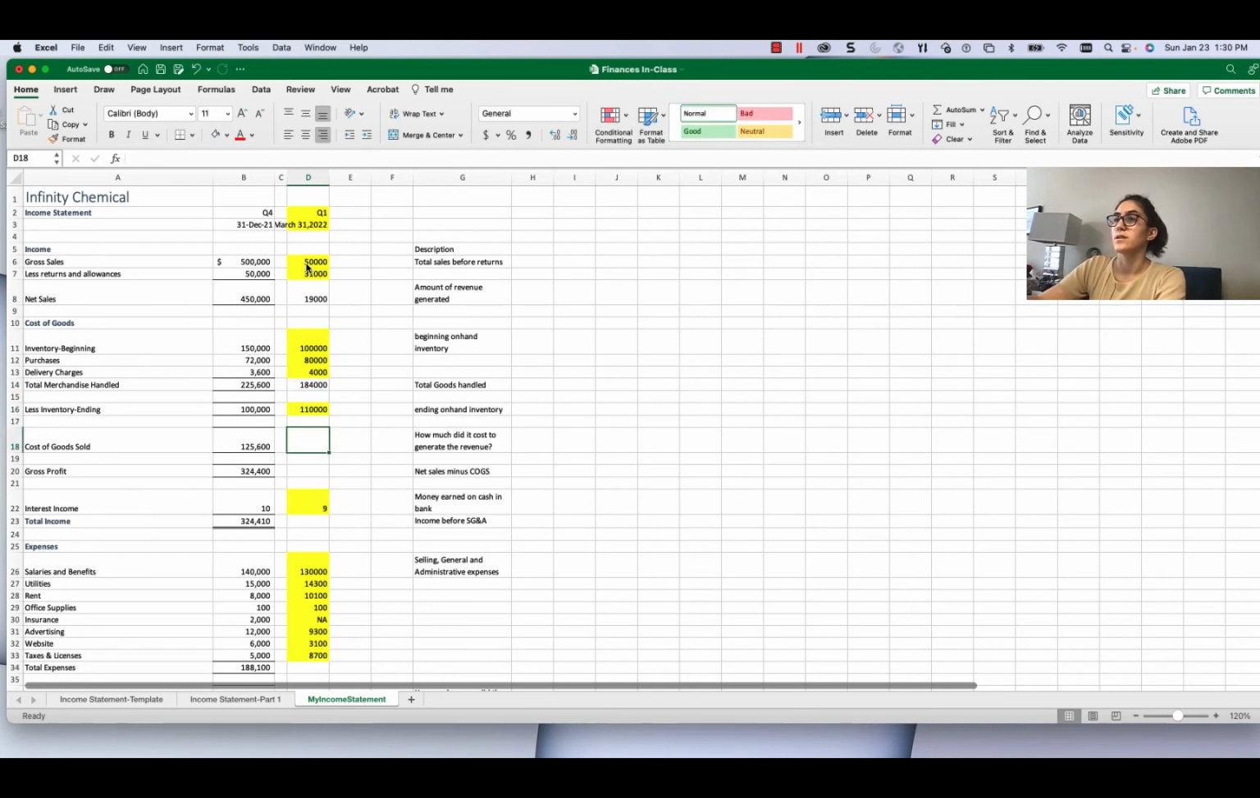Next, we're going to do the next cell that's not highlighted, cost of goods sold. So we're going to do equals, and then we're going to do our up arrow, go all the way up to total merchandise handled. So that's D14, hit the minus sign, and subtract D16, up arrow, which is our less inventory ending. And then we can go down, and we can get our total income,